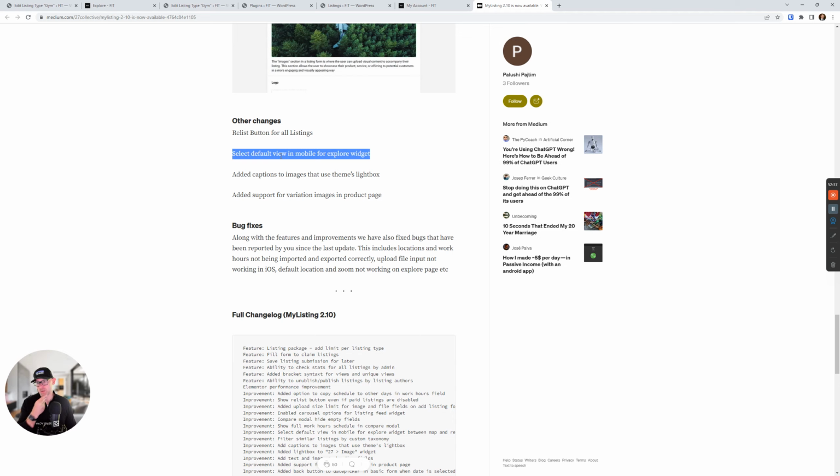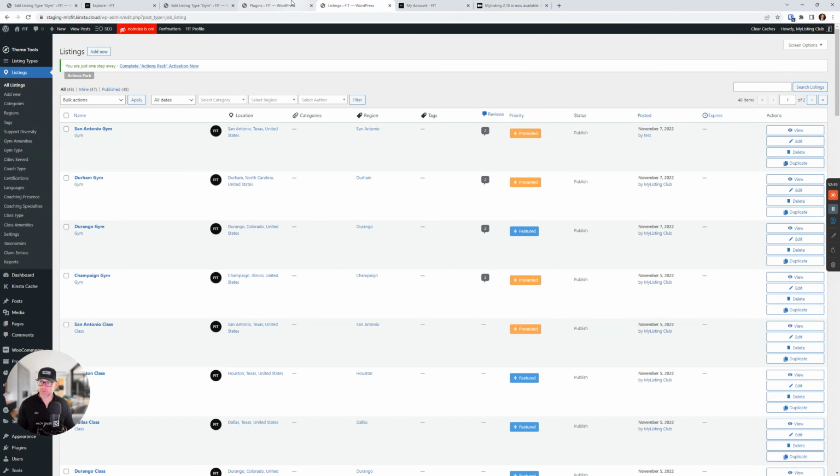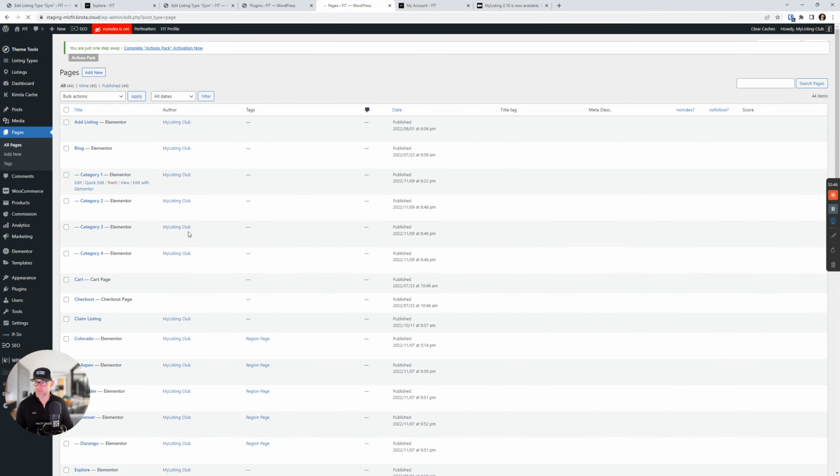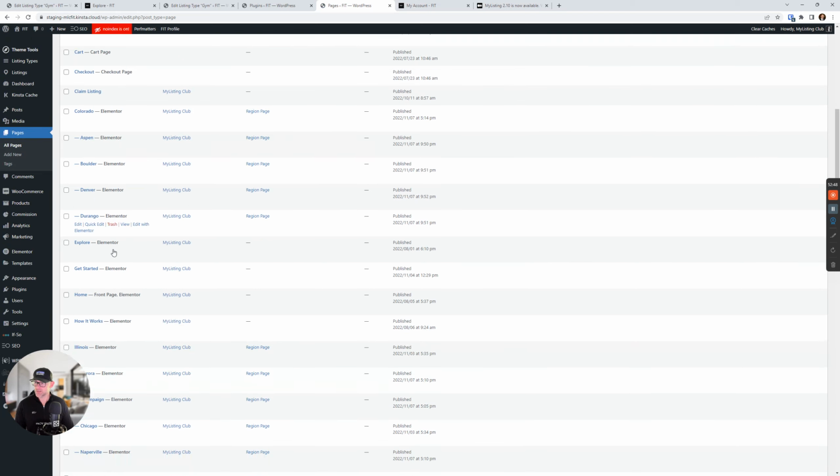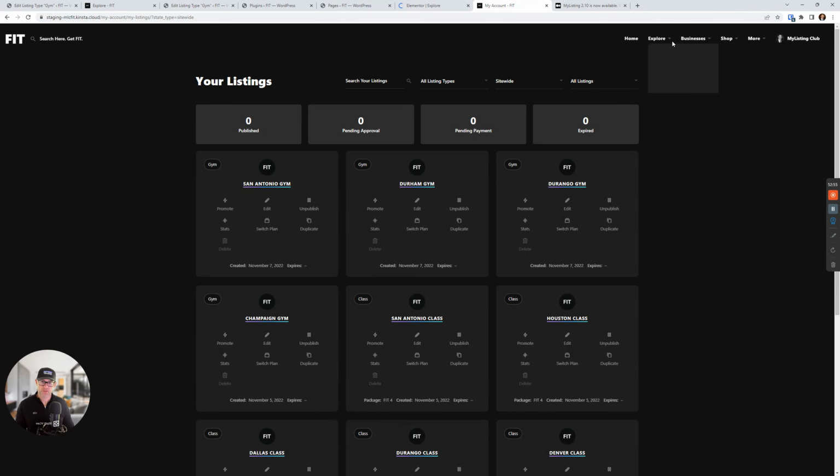Select default view in mobile for the Explore widget. So for this one, we edit the Explore page or Explore pages, depending on how your site's built. And let's find that here. We're going to edit this with Elementor. So by default, if we look at our Explore page,